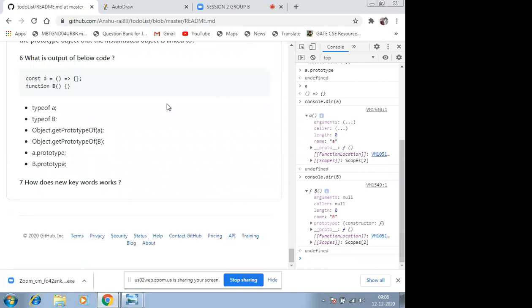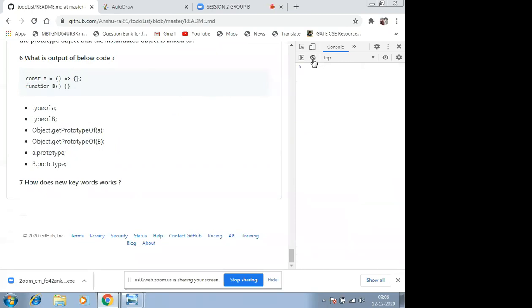Okay guys, so the last question for today's session is basically something I also discussed in the last session. I asked that the JavaScript engine uses the new keyword to create any object, and it basically adds all the things like the prototype and the underscore proto link, which gets created by the JavaScript engine by itself.